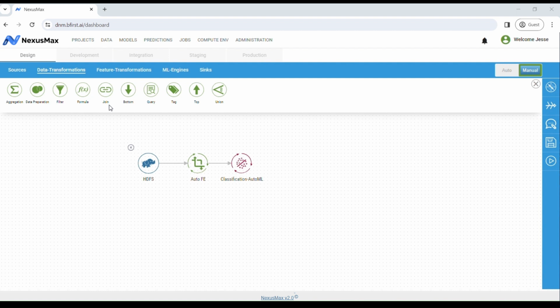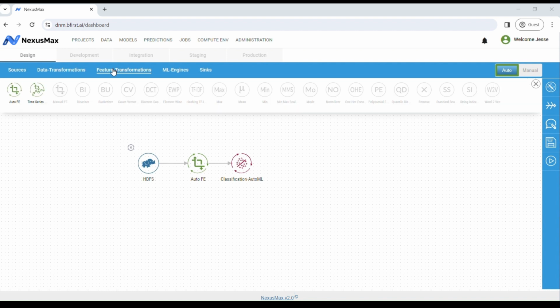Applying these features would transform raw historical data to a more customized dataset. Further in feature transformations, I have options to transform each feature to optimize the model. Here, I have AutoFE, where NexusMax applies default feature engineering functions to the dataset. I also have FE customized for a time series dataset. Further on, switching to the Manual tab, there are individual feature engineering processes that I could apply as per my